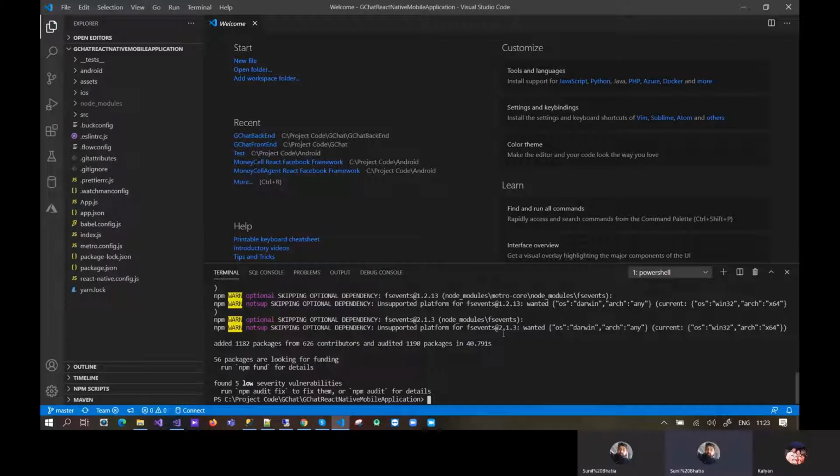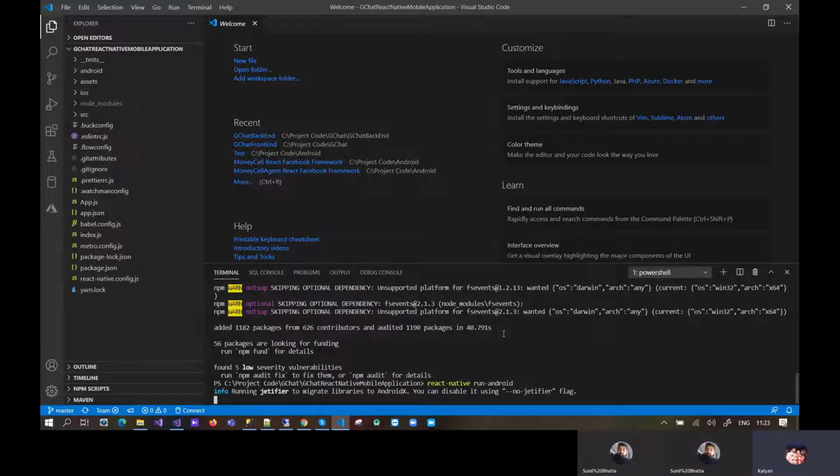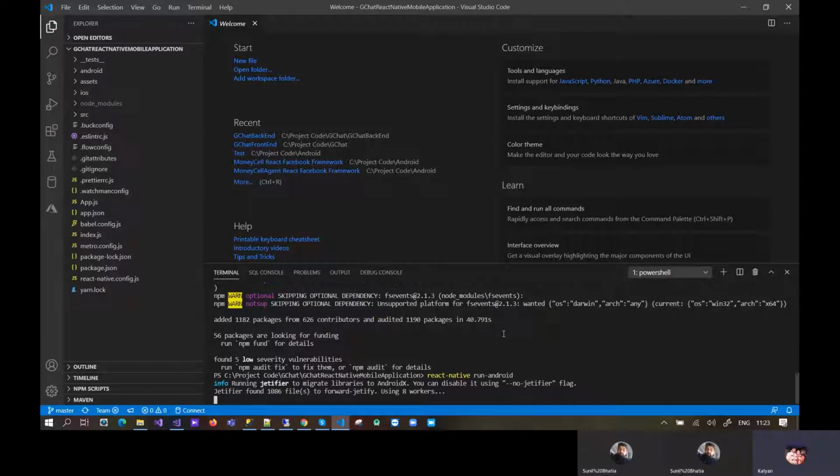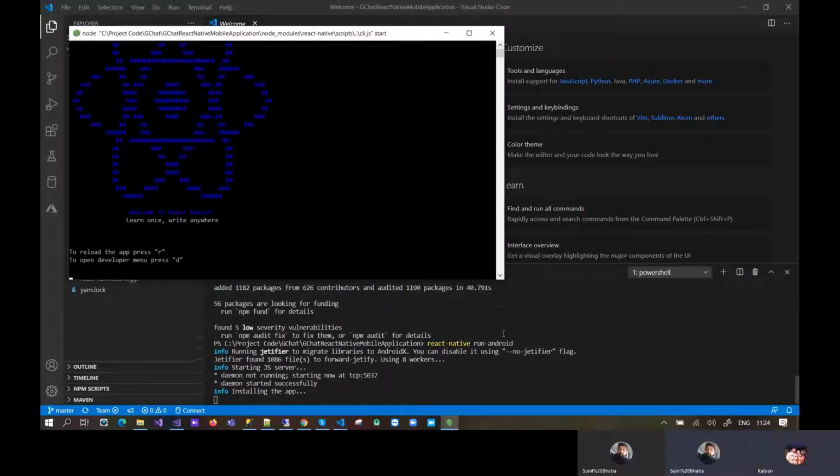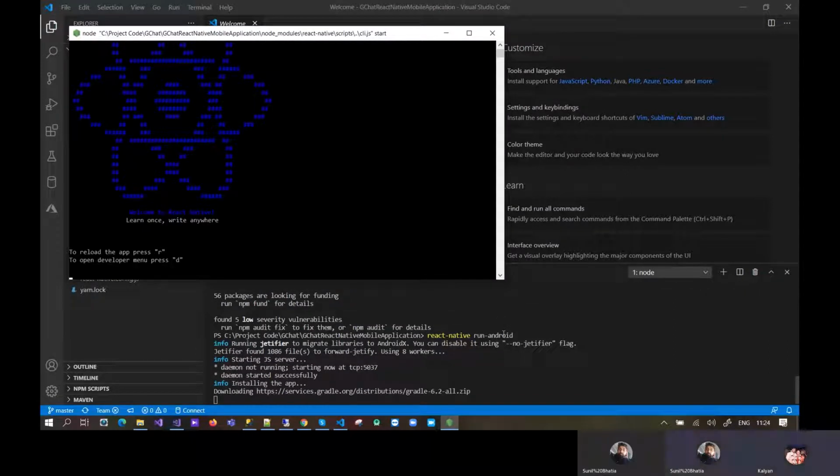Now, for the Gchat application, run the command react-native run-android. Do you have React Native set up in your system? Yeah, you have it, okay. A lot of projects have already been run, like Uday and Anadip did. Have you connected your phone? Yeah, my phone is connected. Okay.